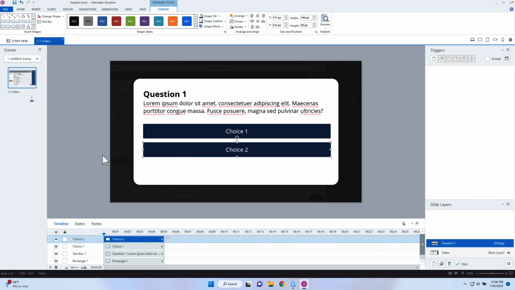So there's a couple things that I need to do. So I'm going to add a trigger here, and we're going to jump them to that cue point on the main timeline. Sometimes it helps to actually just talk through exactly what you're wanting to do, because that